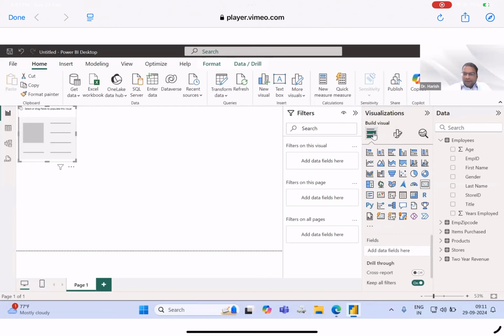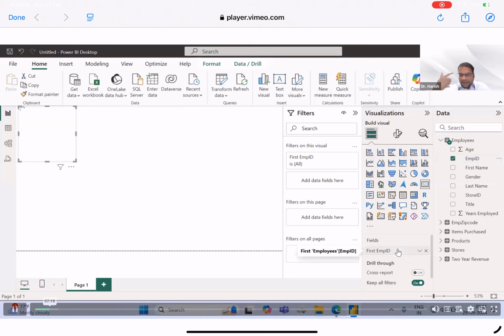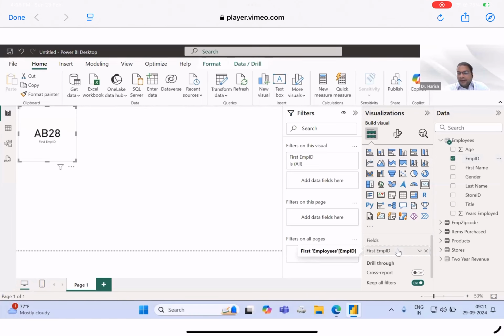So now going back to the visualization part. First thing, I need to calculate how many employees, let's say. So it is getting calculated there. What I have done is I have just dragged it. So what it is showing me